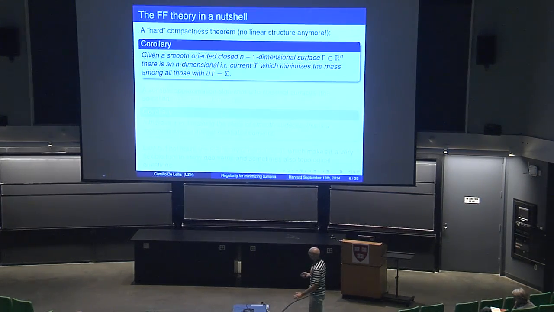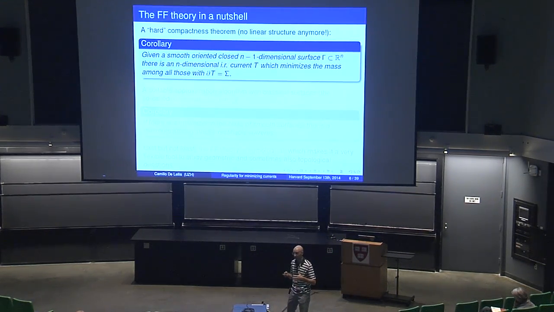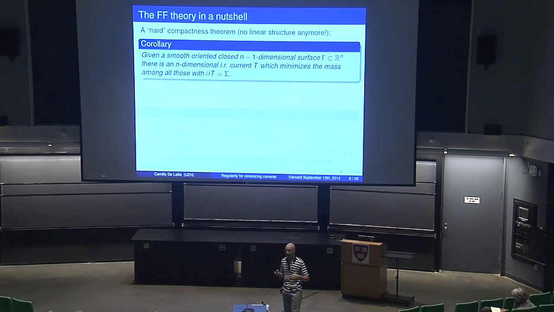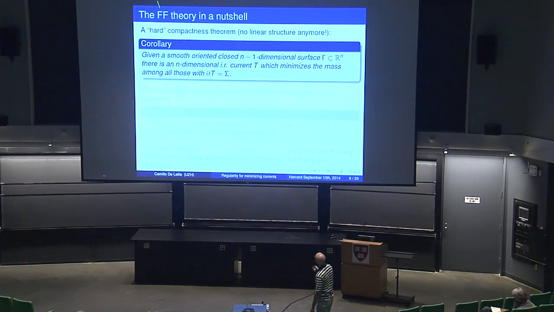So this time it is not anymore linear functional analysis, and it's actually a very hard theorem to prove that you have enough compactness to minimize and to have a minimizer of the Plateau problem in this context. This is the context of what is called the Federer and Fleming compactness theory. As a corollary, you achieve the existence of an area minimizing current for any smooth boundary that you can impose in R^{n+1}